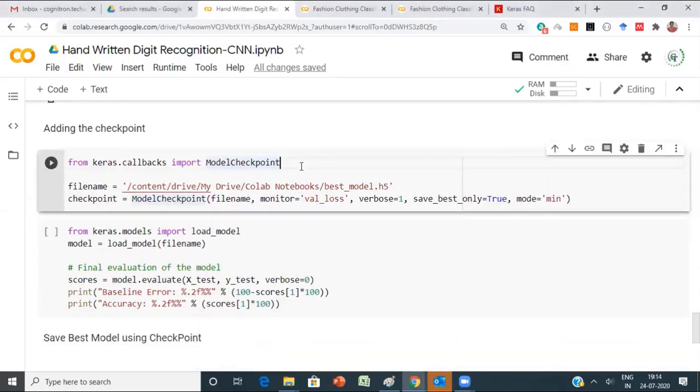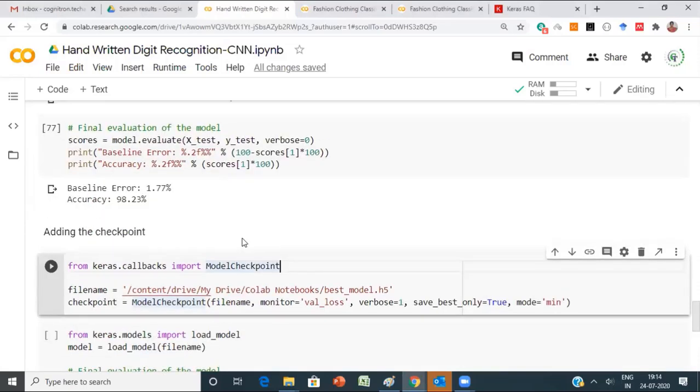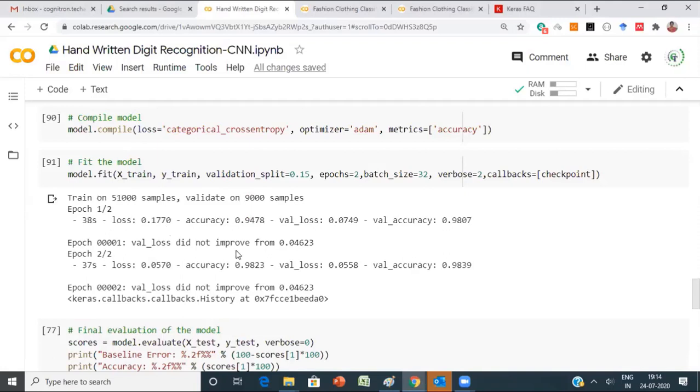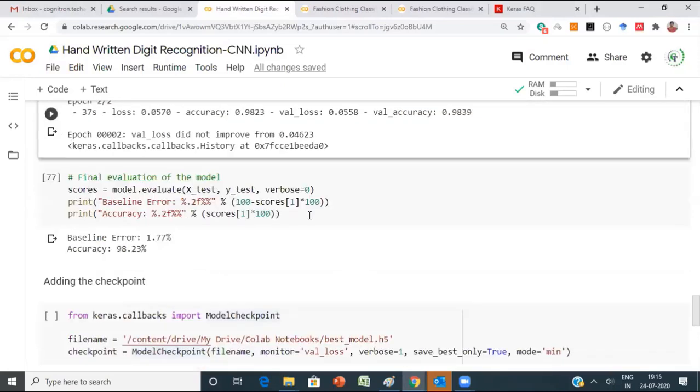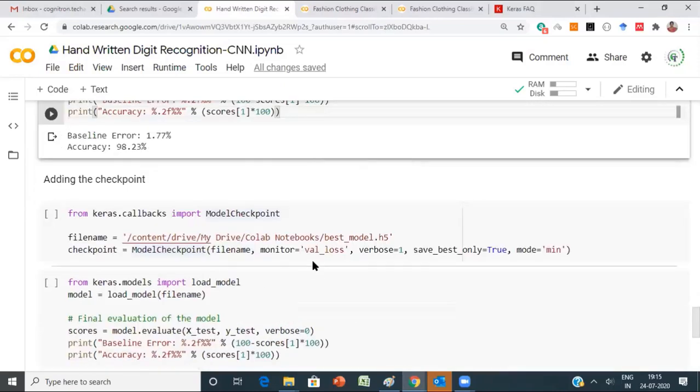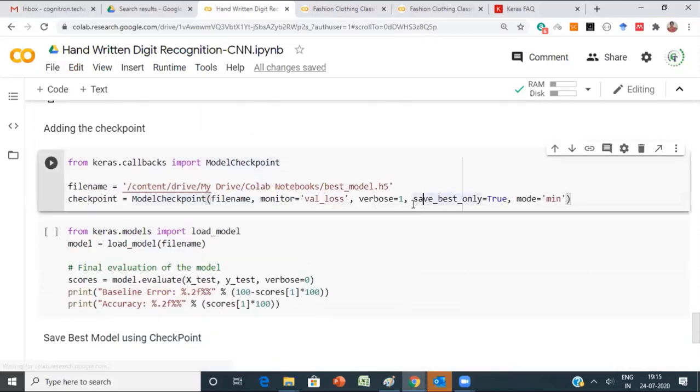Yeah. So let me explain one more thing, the model checkpoint. Why do we need to use the model checkpoint? Here we are using epochs, right? No one knows in which epoch we will get the better performance of the model. Say, for example, 200 epochs it might take, or 20 epochs, or 10 epochs. No one knows, right? So that is a problem. What we can do is put a checkpoint for the model, so the model will save the best model.